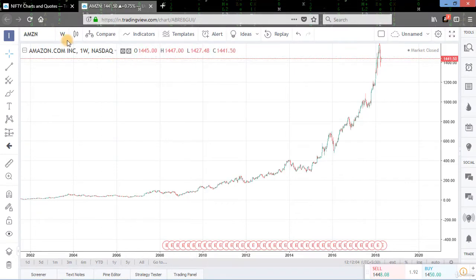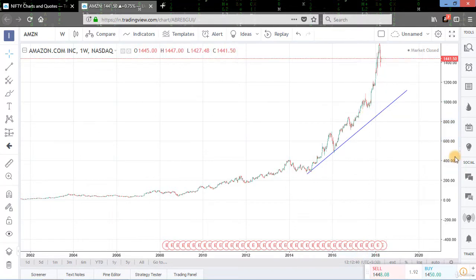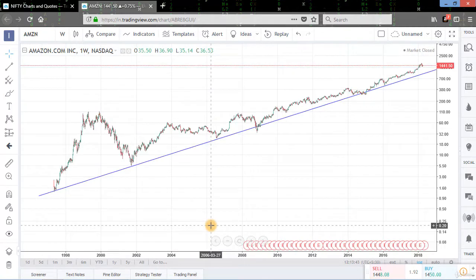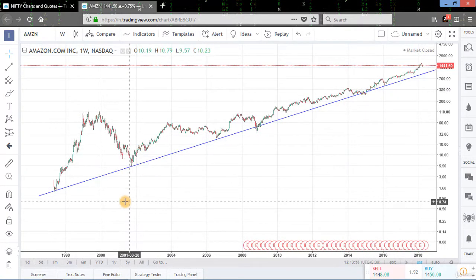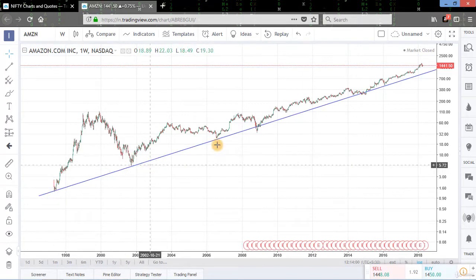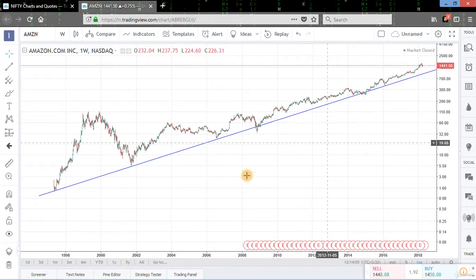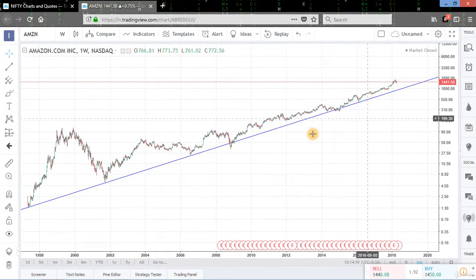See, this is the weekly chart of Amazon Incorporation, and we can see that the chart is very irregular and we cannot draw a trend line because the uptrend points are not evenly placed. And if we set the chart on log scale, see how beautifully the stock is responding its uptrend line. Here we are getting 5 points on this uptrend line. This is the weekly chart. So these are the long-term points. The stock is in uptrend and here we are getting an accurate trend line.